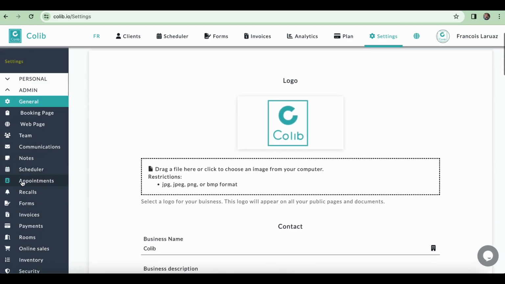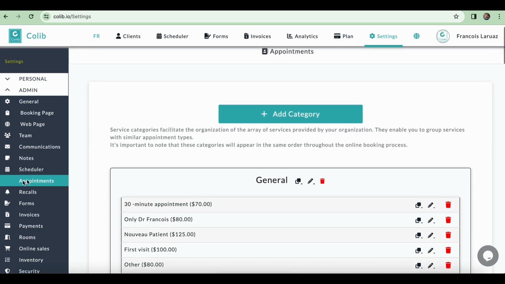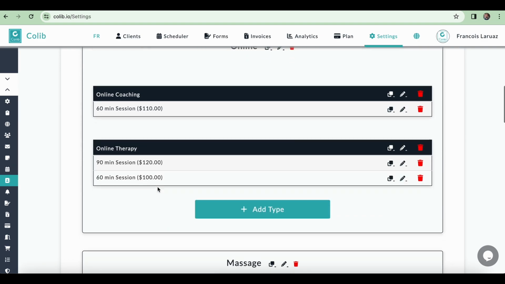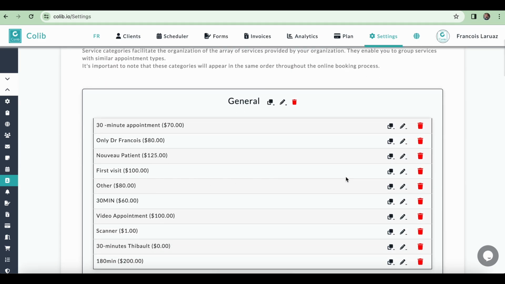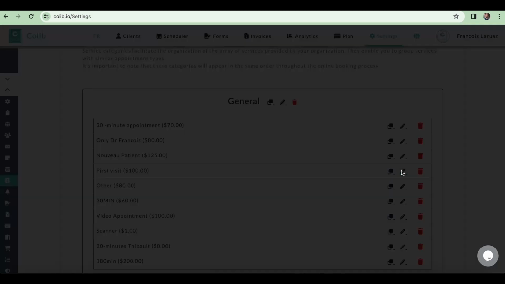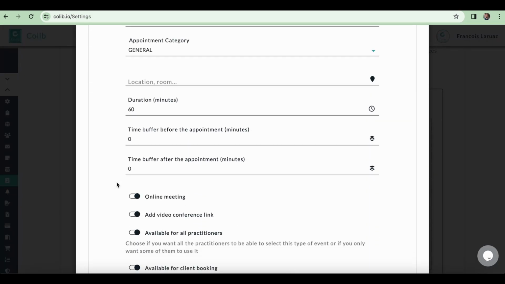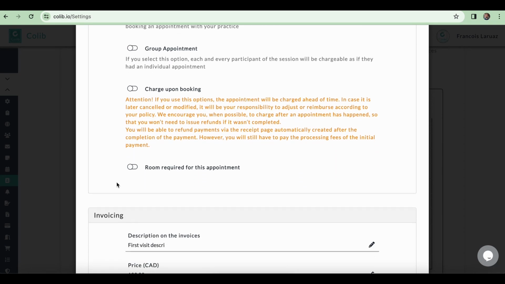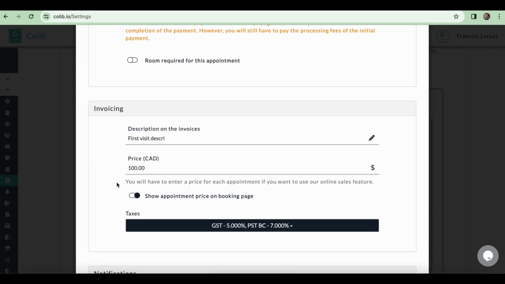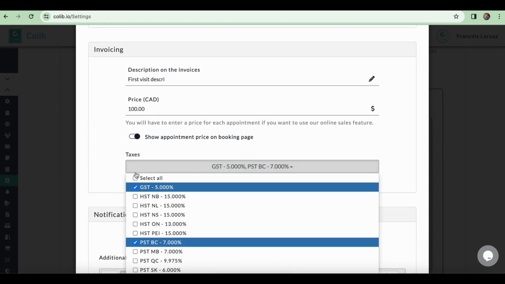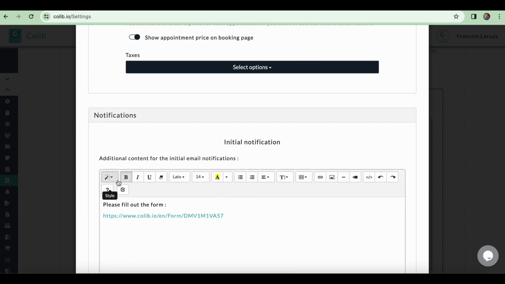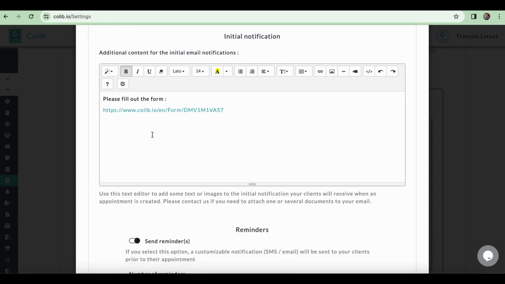And so another very important part of the settings will be appointments. Appointments is the area where I can customize appointment types. Appointment types are very important because that's where you can customize things a lot per appointment. So of course the duration, if there is a buffer, if they are available for online booking, if they are online and require a video conferencing link, then you'll have the invoicing information, price, if there is any tax, and